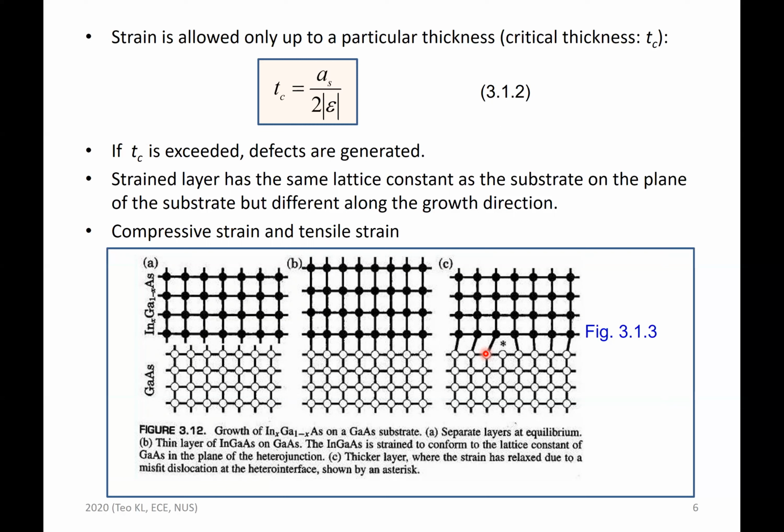Now, so we say the strain is relaxed, or the strain relief. Either can occur by dislocation formation, which in this case causes a mismatch and there's a misfit dislocation, or the strain can be relaxed by forming islands without dislocation.